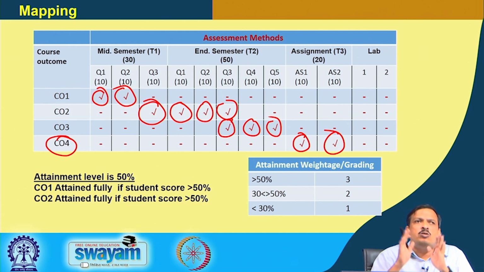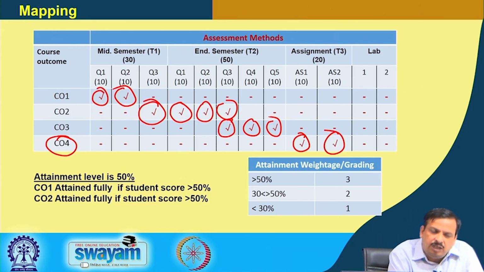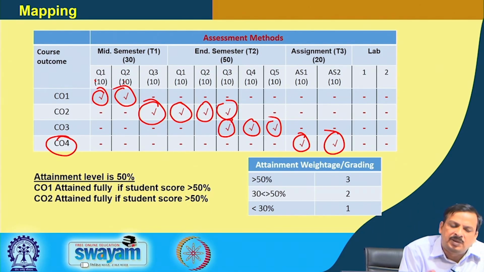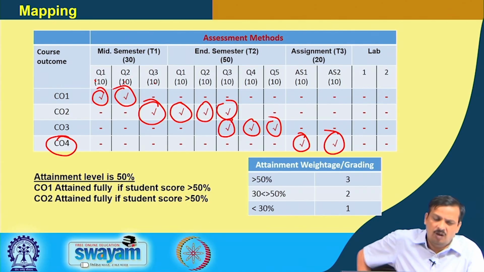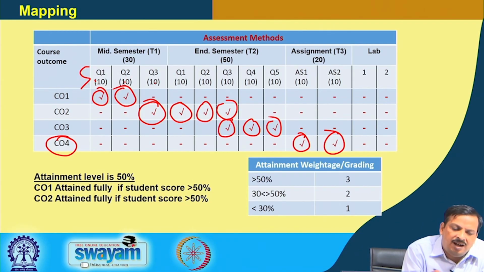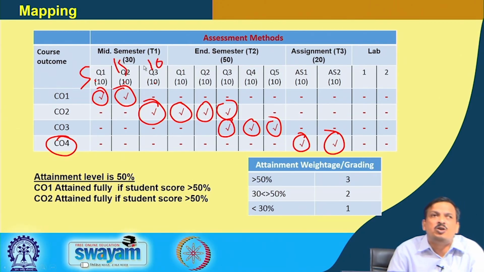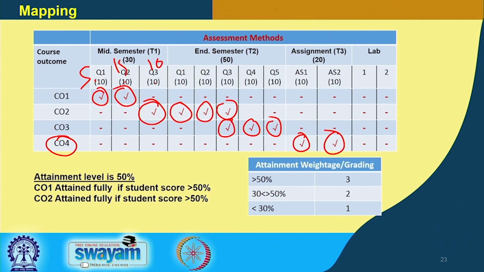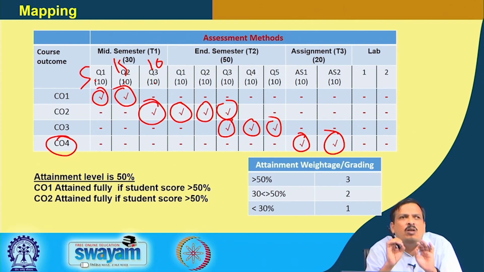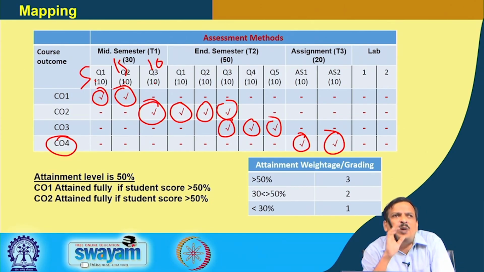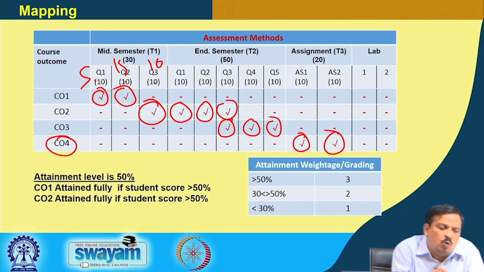Okay? So, out of 30 marks, I can say each of the questions is, let us say, 10 marks. You can distribute this also. It may be 5, it may be 15, or 10. I can say it is 5 marks, it is 15 marks, it is 10 marks. So, depending on the importance or depending on the depth of coverage, complexity, you can define the marks also. So, once I say that CO1 is tested on question number 1 and 2,